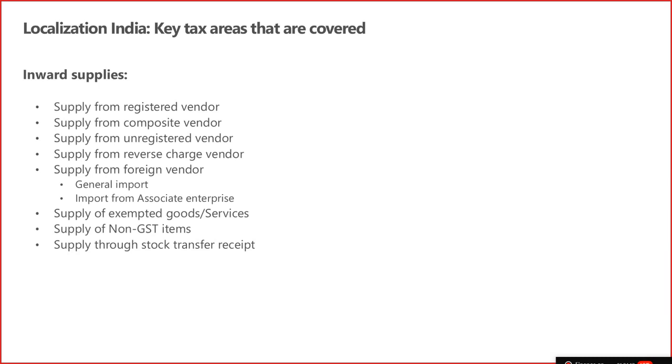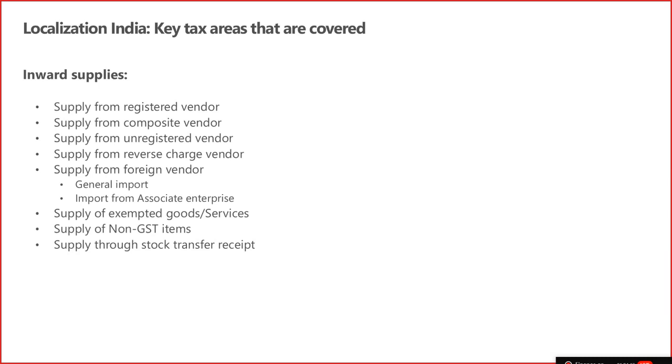Reverse charge, then you have GTA, lawyer services, all those services have a reverse charge mechanism. So that is also available. You have seen that. And in the settlement process, you can add one more column, a GTA column, in the rate setup, which will enable you to calculate the different tax rate. Even if the GTA vendor is an unregistered vendor,